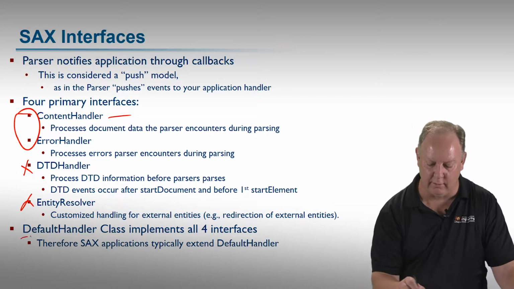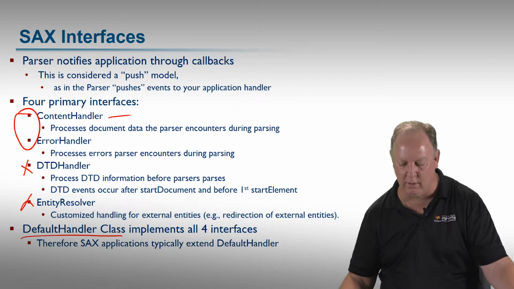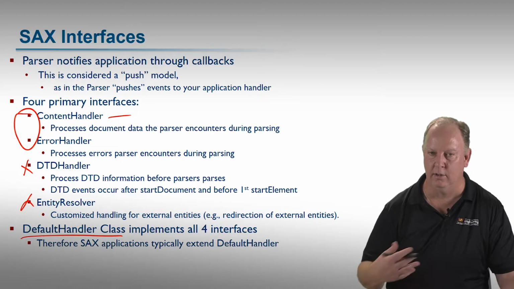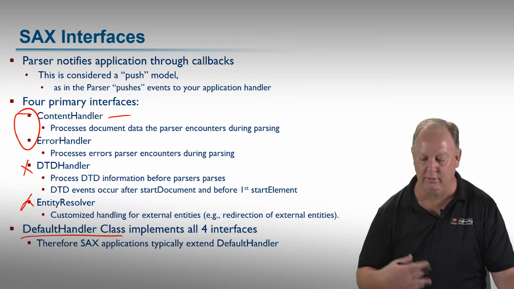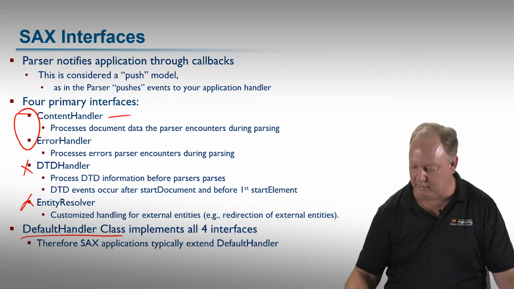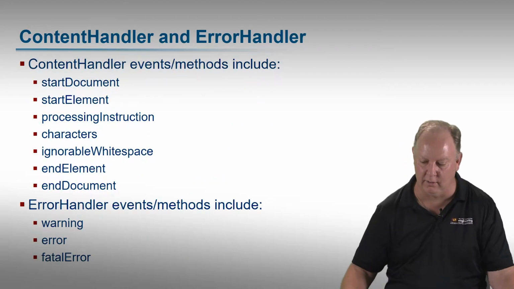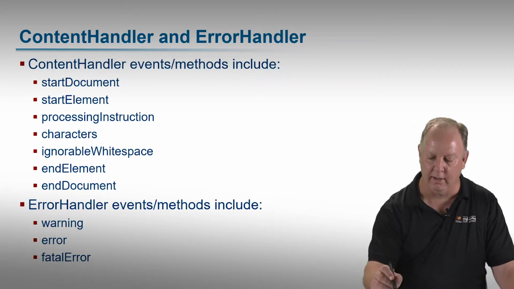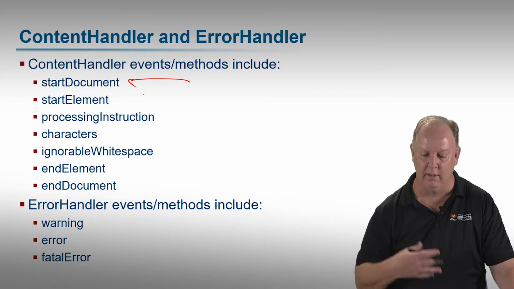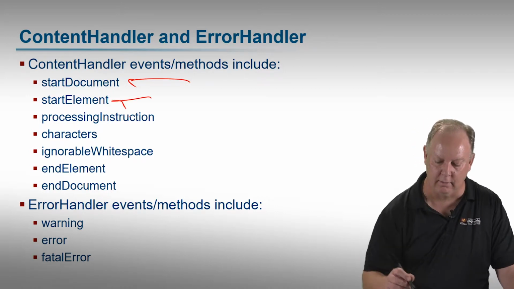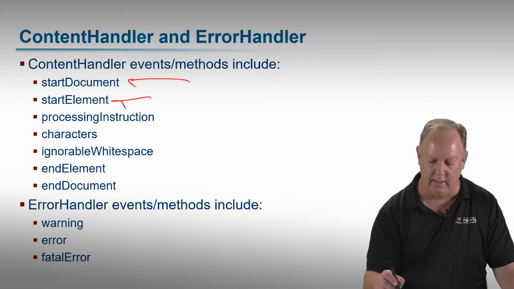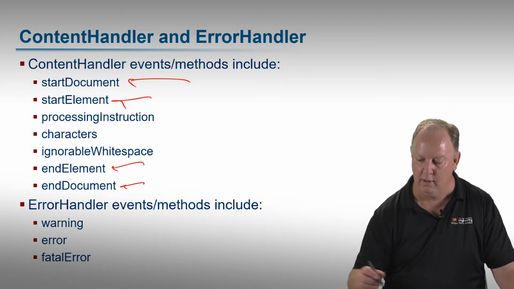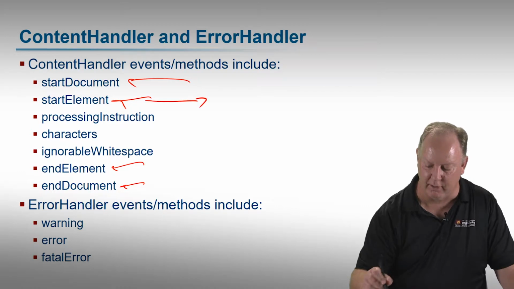There is a default handler, a class that implements all 4 interfaces. So typically if you just extend default handler in your class, then automatically you have the union of all those. But you could decide to just implement content handler and error handler. That's actually what I usually do. Here's an example of some of the methods that are in here. So in a content handler, I'll get an event. I'll get a callback on start document. I'll get a callback on element, right? On processing instruction, on end element, on end document, all these things that you see here. And a few others, if you will. What that means is, look at start elements, very common.